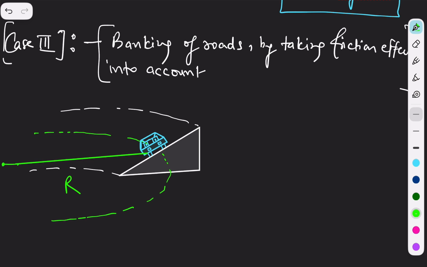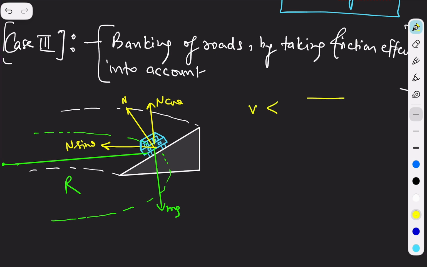Okay, so guys, see, mg is acting downward, and there is normal force acting this way. The normal force has one component this side, that is n sin theta, and there is one force in this side, that is n cos theta. And guys, what we have seen is that if v is less than the square root of r g tan theta, and let's say no